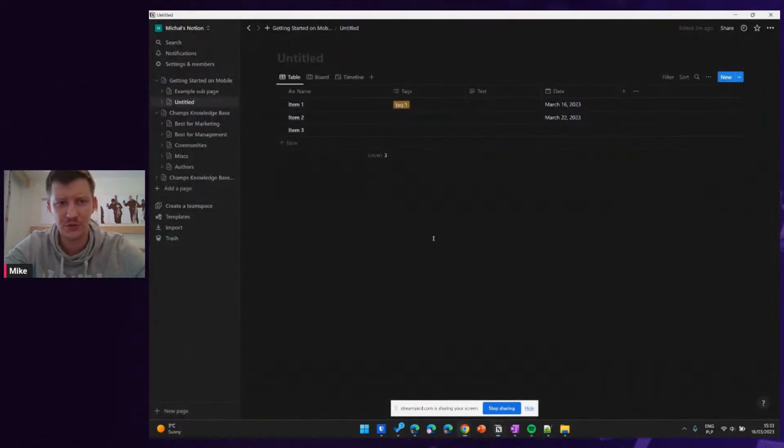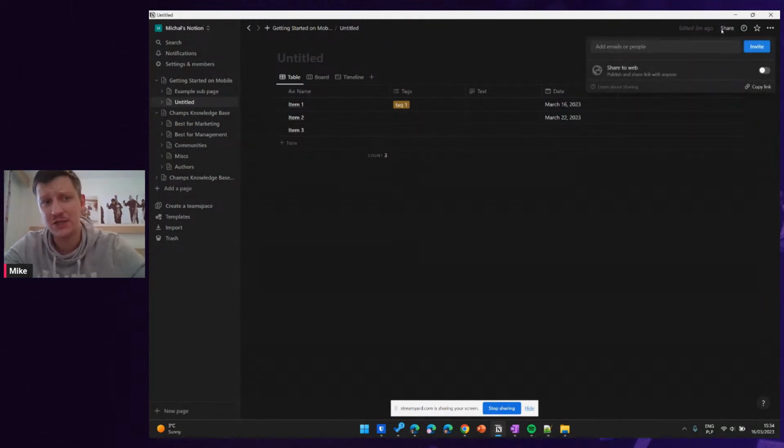So I showed you Notion. The last and I think the most important part of Notion is its sharing capabilities, because I can share the whole Notion page with just a simple click to anybody. And the most important part is that I can share a single page, unlike OneNote, because some of you may ask, can you share a page in OneNote? In OneNote you can share, but the whole